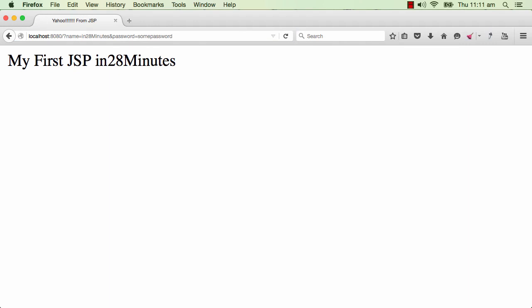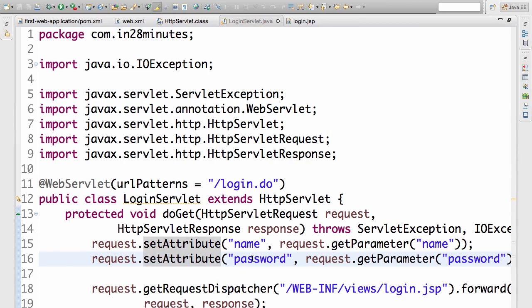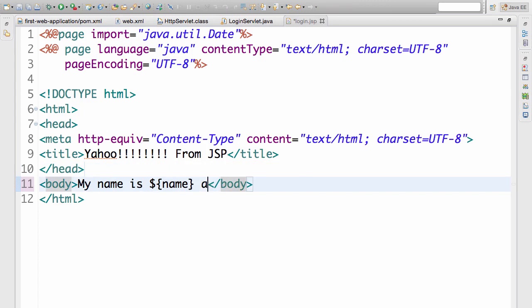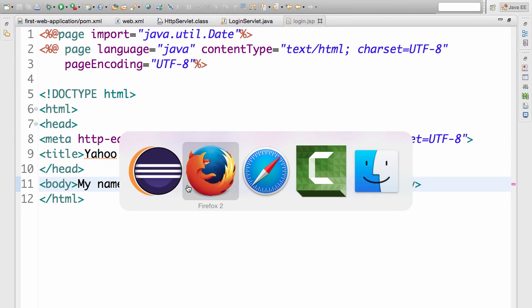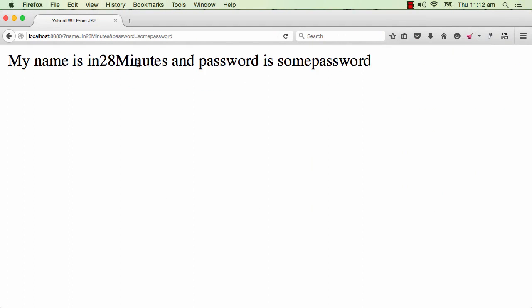Now I would type this in, and there's nothing changing in here because we only added the request attribute password, but we have not taken it and shown it in the JSP. So let's do that as well. So let's quickly say my name is $name and password is $password. Once I do this and I refresh the page, you'd see that my name is this and the